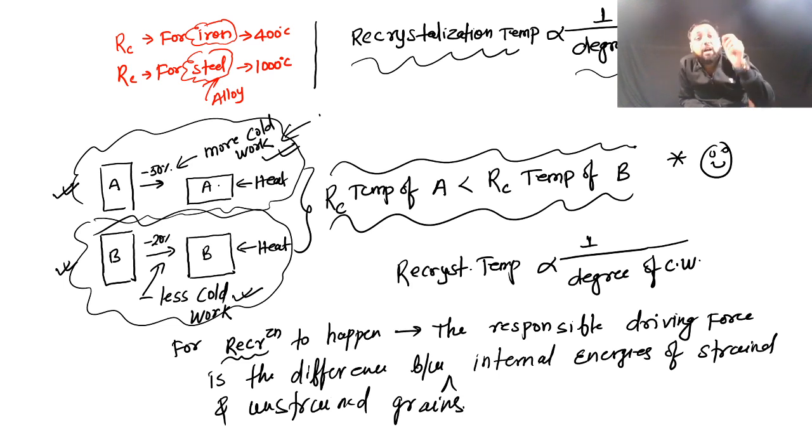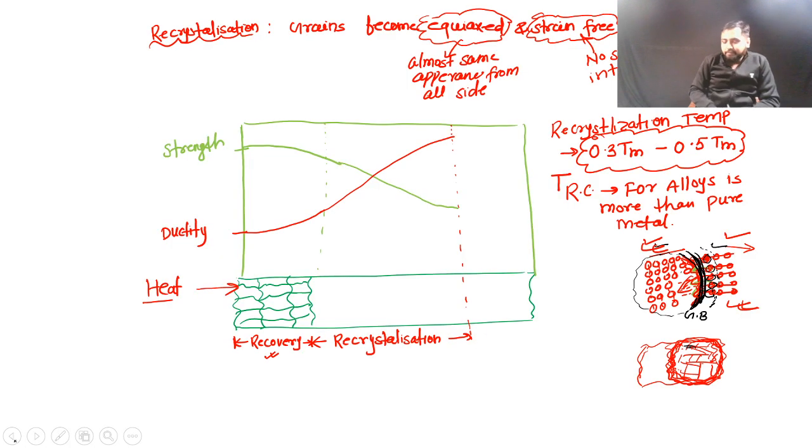So my dear, in case A, you are doing more amount of cold work. So the difference in internal energy of the strained and unstrained grain will be more. Right? While in case of B, the difference in internal energies will be less. As you add up the heat, in case of A, the rate of recrystallization will be more, so recrystallization temperature will be less. In case of B, the difference in internal energy is lesser as compared to A, so the rate of recrystallization will be lesser, so recrystallization temperature will be more. Is it very much clear to all of you? I hope it is clear. So my dear friends,